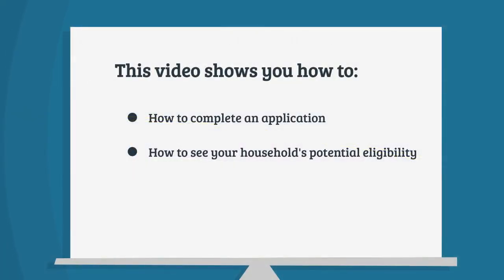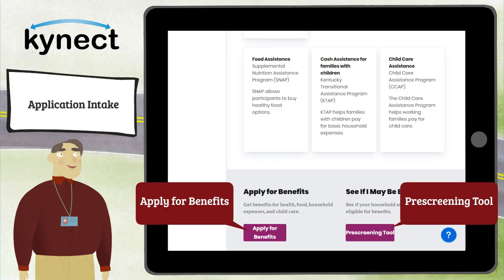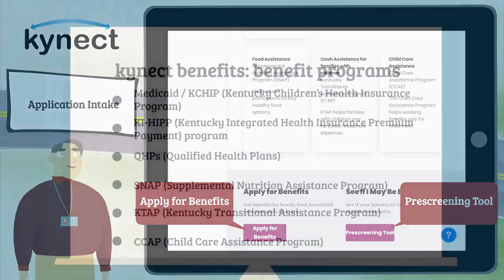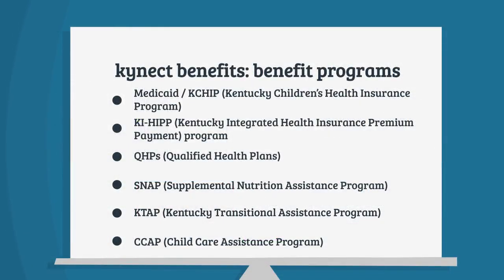This video shows you how to complete an application on Kynect and how to see your household's potential eligibility. With Kynect, you can apply for programs and see your household's eligibility. The programs that can be applied for on Kynect include Medicaid, K-CHIP, or Kentucky Children's Health Insurance Program, which provides